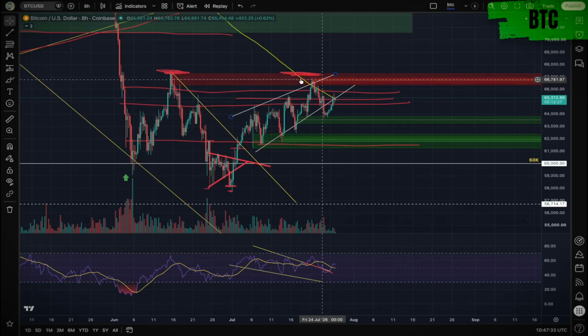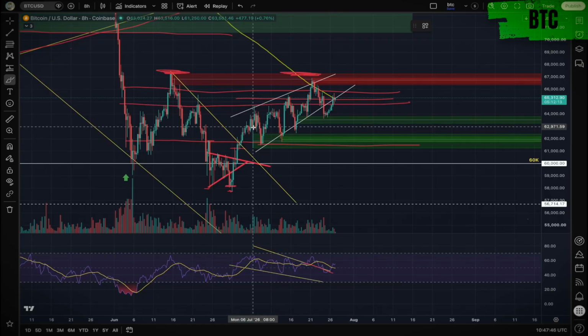You can see this order block is now saturating overhead, and we haven't been able to get above the 200 MA. We came above it slightly because sellers, of course, wanted to tap that previous area, but weren't quite able to get all the way up, so it's still a lower high. And now we've broken down from this ascending channel pattern and are currently bearishly retesting the lower end of the local resistance, hence why I've got these lower red lines, and that's between around 65.2 and 64.8.